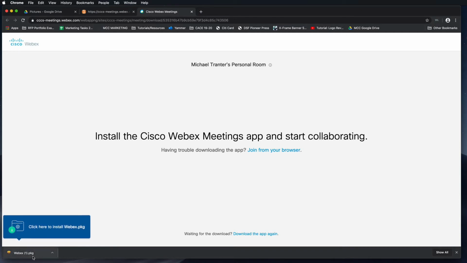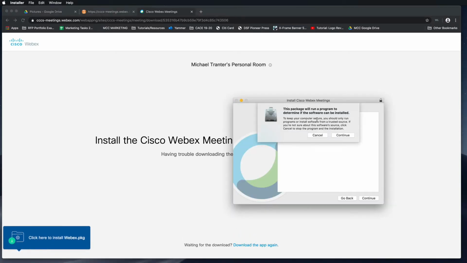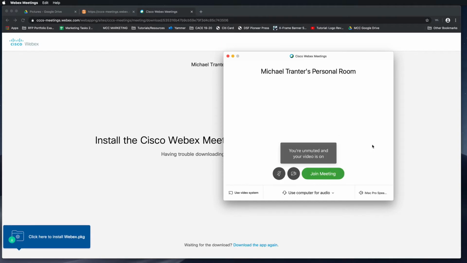Another thing to note is that you should be using the latest version of the browser you're on. I always recommend Google Chrome, so make sure you download the latest version of that browser or your current browser that you prefer. So once this file has been downloaded, since I'm on a Mac, it'll look a little bit different than those of you who are on PC, but you're going to find wherever this file was downloaded, click it to open it, and then this is a wizard that helps me to install programs. It looks different on a Mac than a PC, but your PC should also have a wizard that helps you run through this. So I'll go ahead and hit continue, and then run through those steps